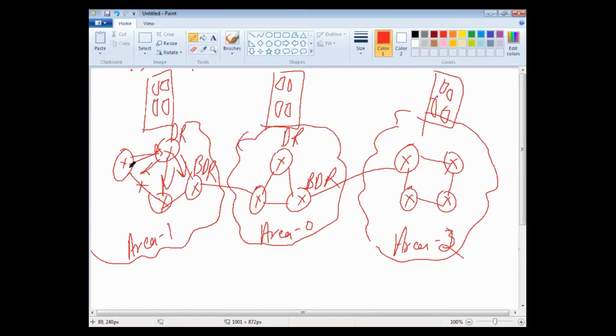It is not that this router will throw the information to all the routers and all the routers start again sending information to other routers. And there is a BDR. If the DR fails, the BDR will take the role of DR. So DR is the designated router and BDR is the backup designated router.